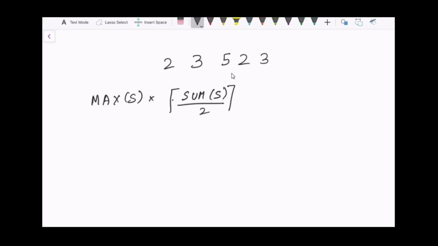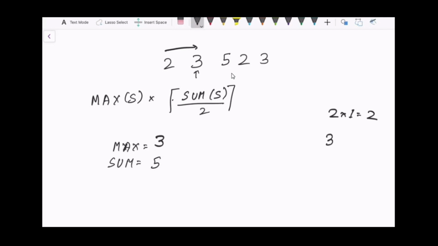So the brute force approach will be to keep an index i and keep incrementing our index j. So i is the left hand point of the subarray and we'll keep incrementing our index j and we will maintain the maximum and the sum as well and keep on adding that to our answer. So for example, let me do it for a few cases. Initially my i will be 0 and the maximum value will be 2 and the sum will be 2. So I will add 2 into 1 to my answer, which will be 2. Then again I will increment my right pointer and it will move to index 1 and the element is 3. So I'll update my maximum as 3 and the sum will be 5.